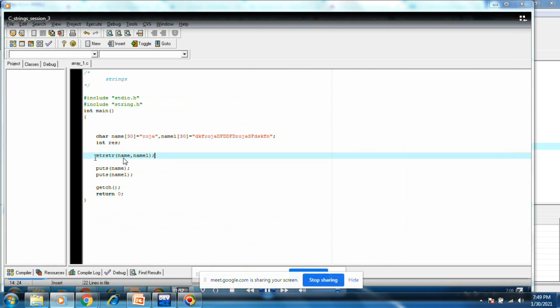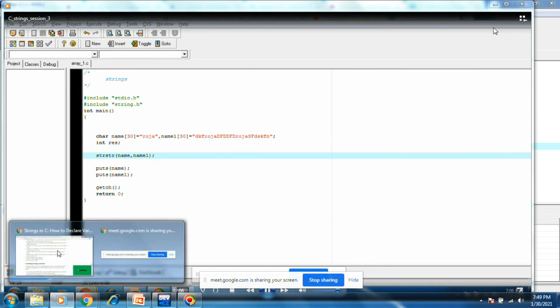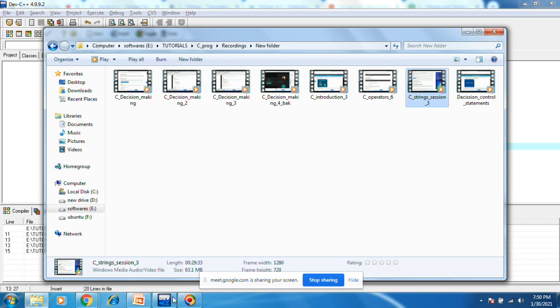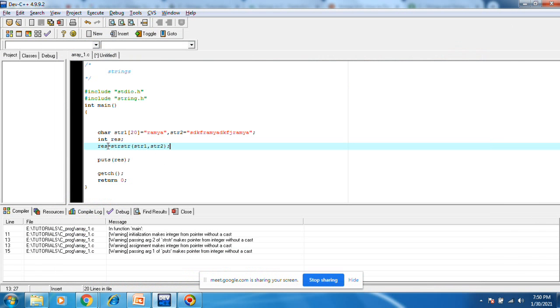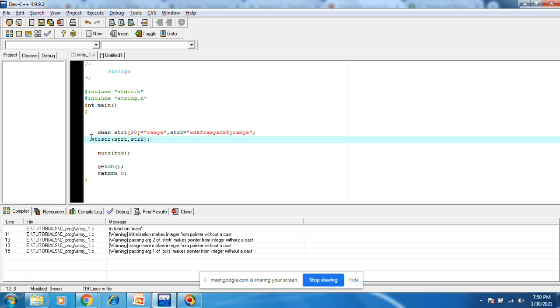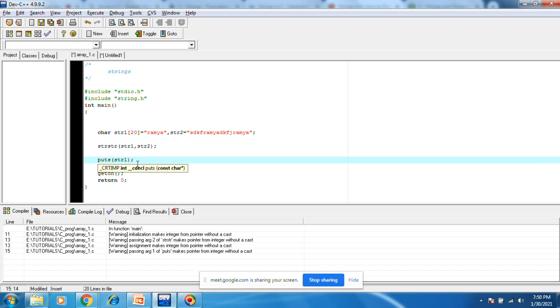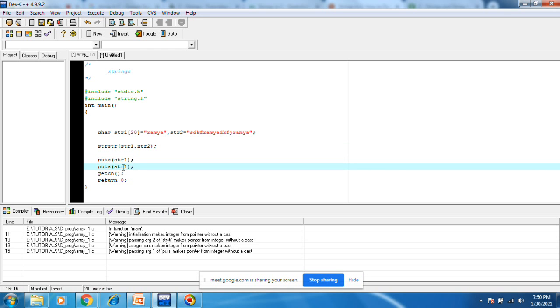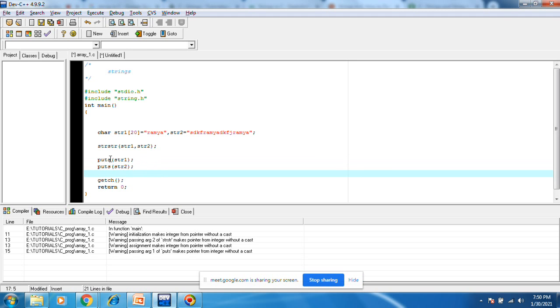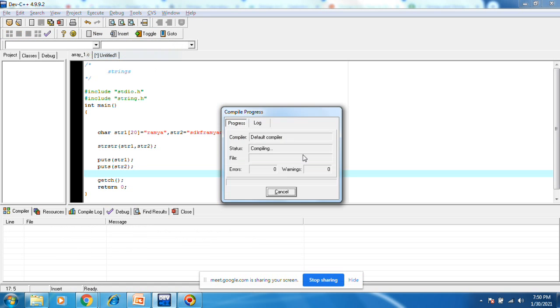Yeah, it is a name, common name one only directly. Simple strstr, result is not required here. Put as str1, str2. Let's compile and run here.